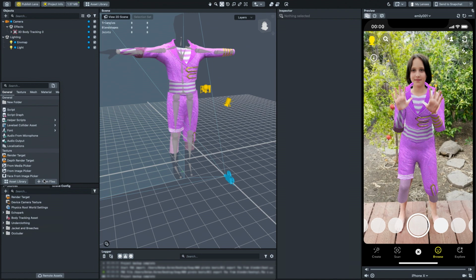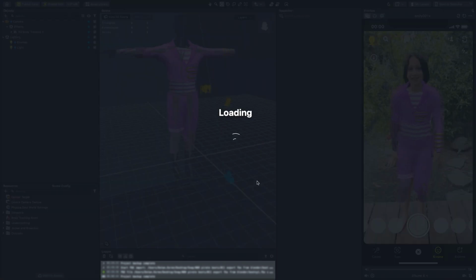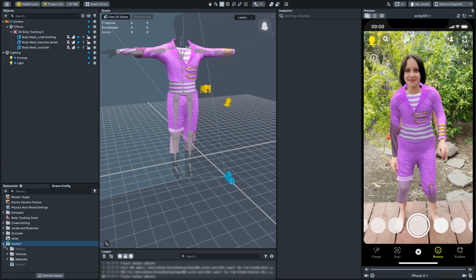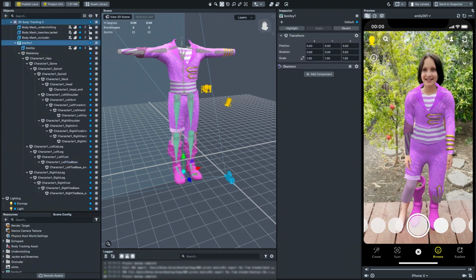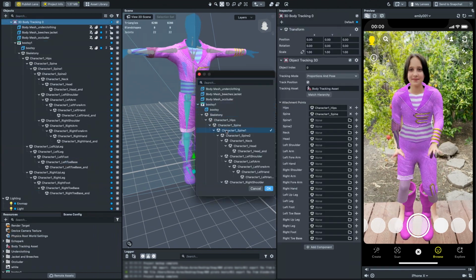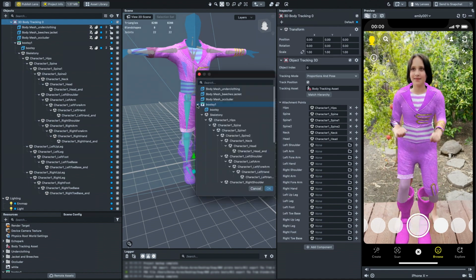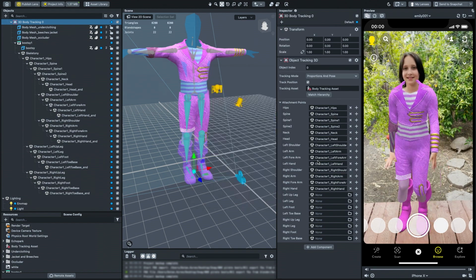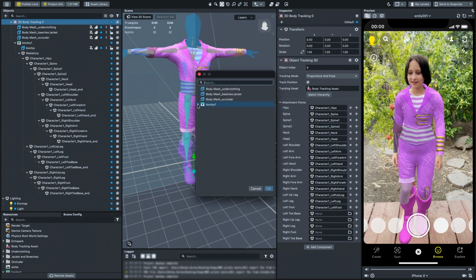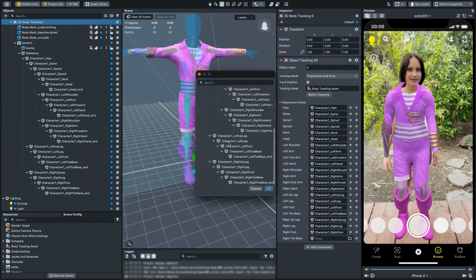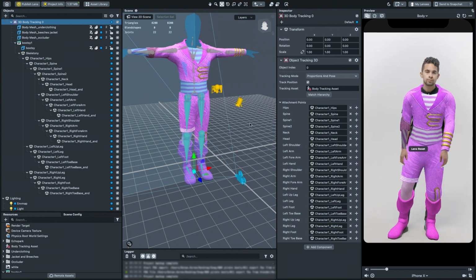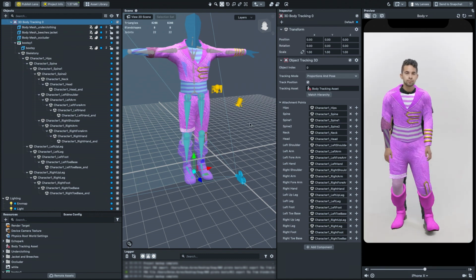I imported this FBX into the Lens Studio Resources window and dragged it into the scene under the 3D body tracking object. I clicked on each attachment point and assigned the related bone. I expand the whole list with shift-click. The bones are already named as their respective attachment point, so this process was pretty quick. To test this rig, I used some other preview videos, and the boots are ready now.